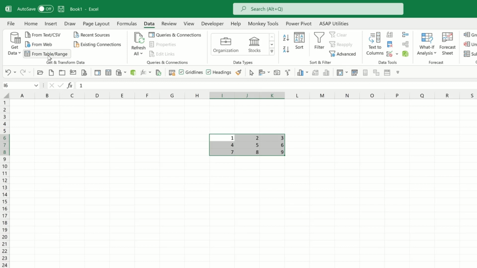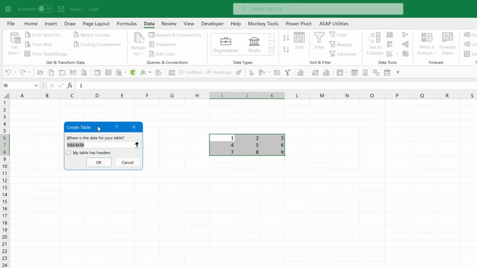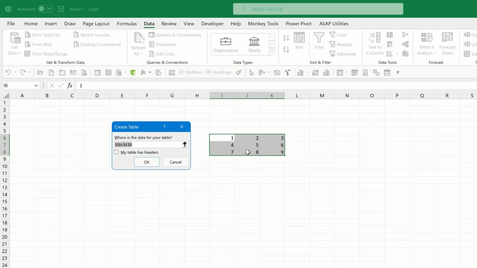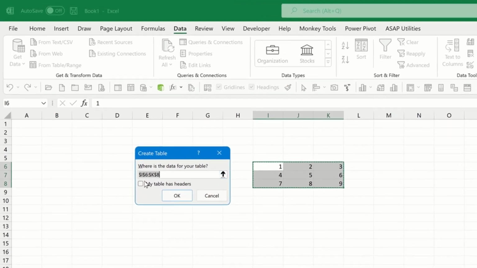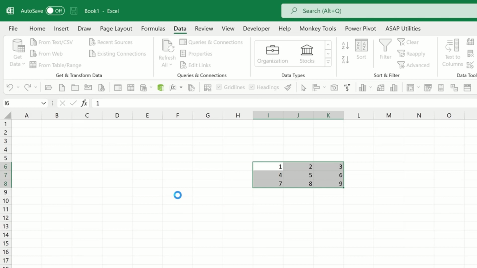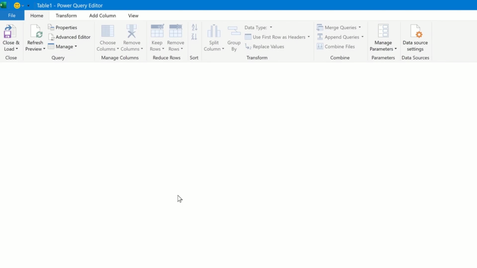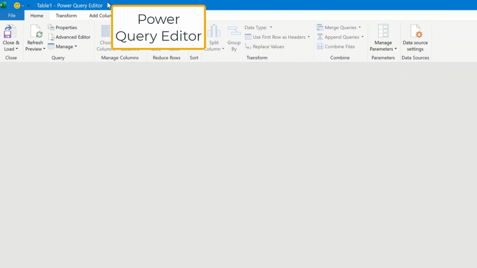It will then automatically convert this data or this range into a table. I do not have headers at the top, so I do not select this button. I keep it deselected. I click OK. What Excel will do now is Excel will now open my Power Query editor,